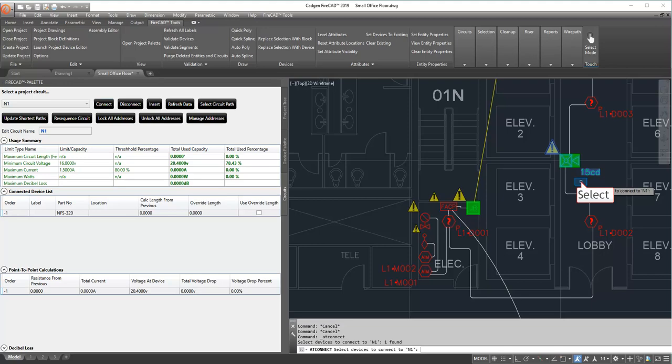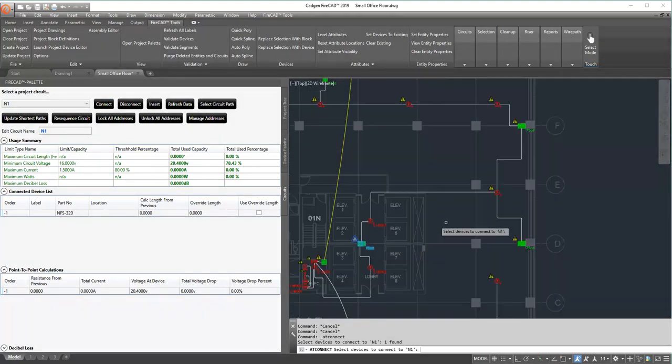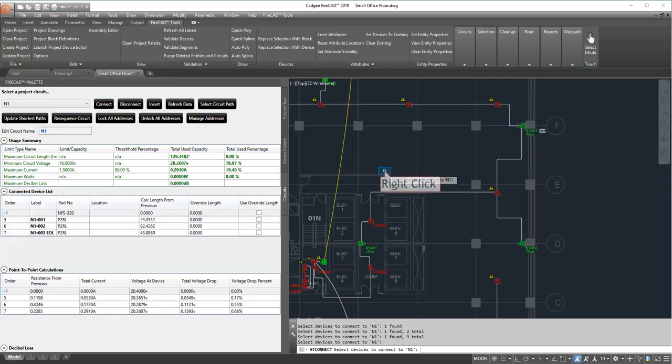We now choose NAC number 1. Now we're going to connect the NAC devices. Again, we want to connect those NAC devices in the order in which we would be pulling the wire and connecting them in the real world